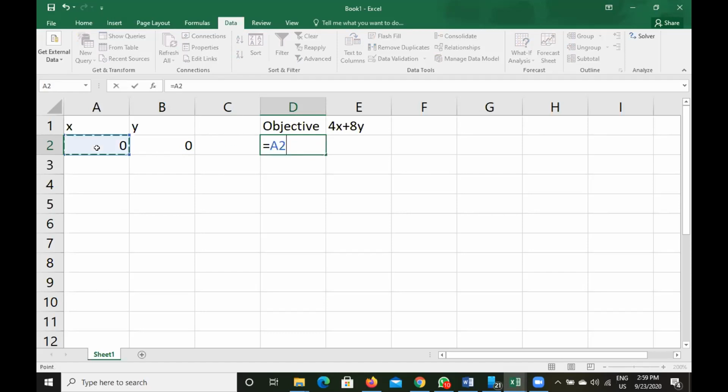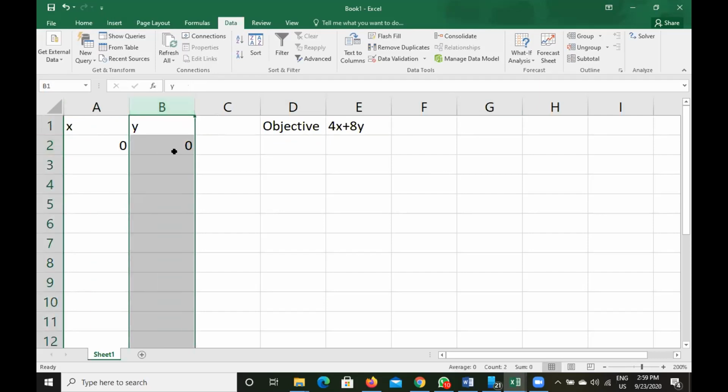So I asked you to type the values there. First you will type X here, Y here, objective here, and here you will type 4X plus 8Y. Then below X, in the second row of column A, you will type 0. In column B, second row, you will type 0.